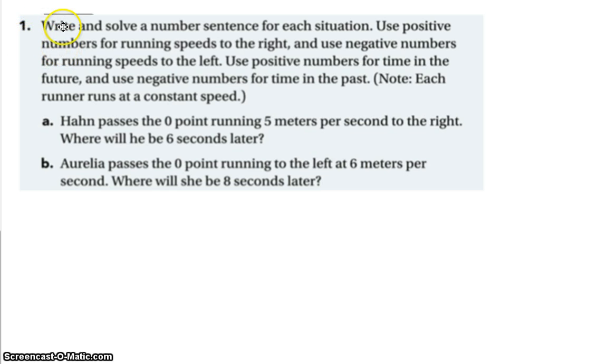So the problem says, write and solve a number sentence for each situation. Use positive numbers for speeds running to the right and negative numbers for running speeds to the left. Use positive numbers for time in the future and negative numbers for time in the past. Each runner runs at a constant speed, so we don't have to worry about their speed changing. All right, so the first one, 1A,